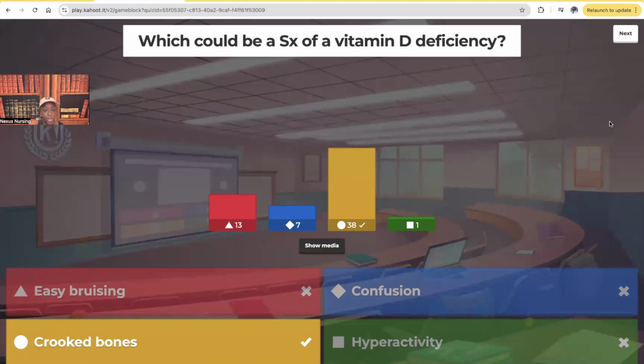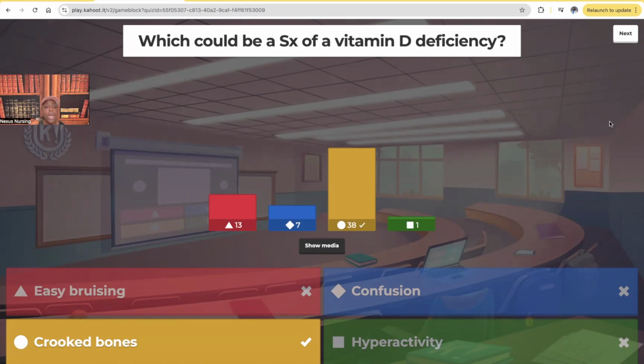Very good. Crooked bones. Think about it. What makes your bones nice and strong and straight? Calcium makes your bones nice and strong, right? Well, you could take as much calcium as you want. If you don't have vitamin D to absorb the calcium, it really doesn't do much good, right? So if the patient has a vitamin D deficiency, it's very likely you'll see that patient having bone issues